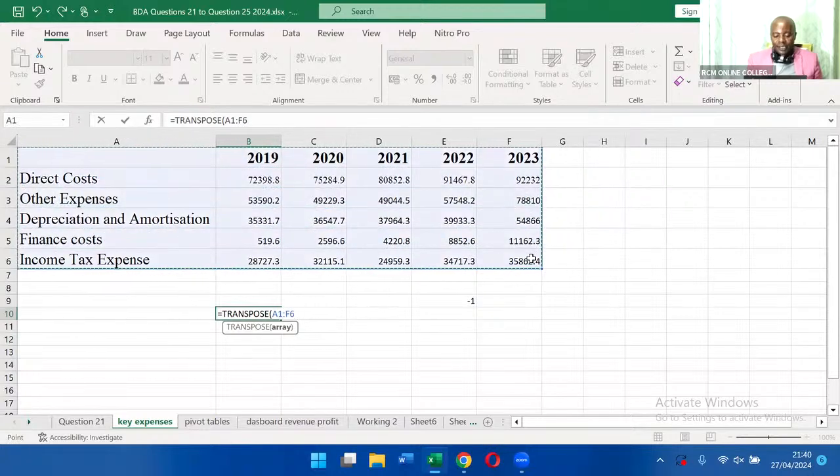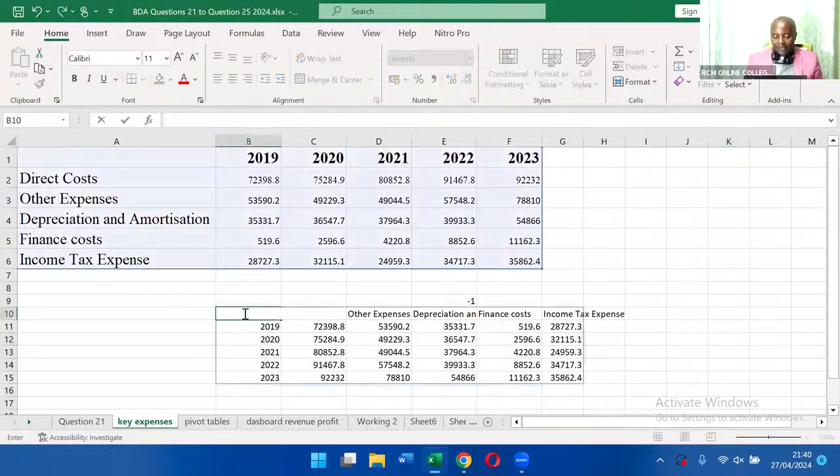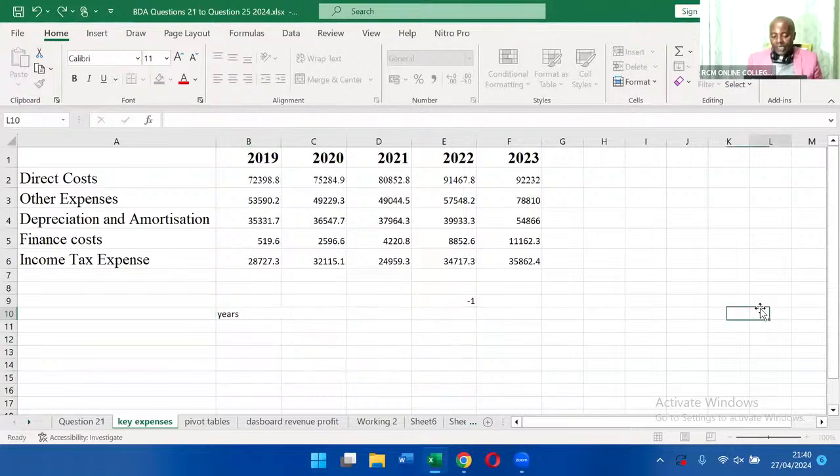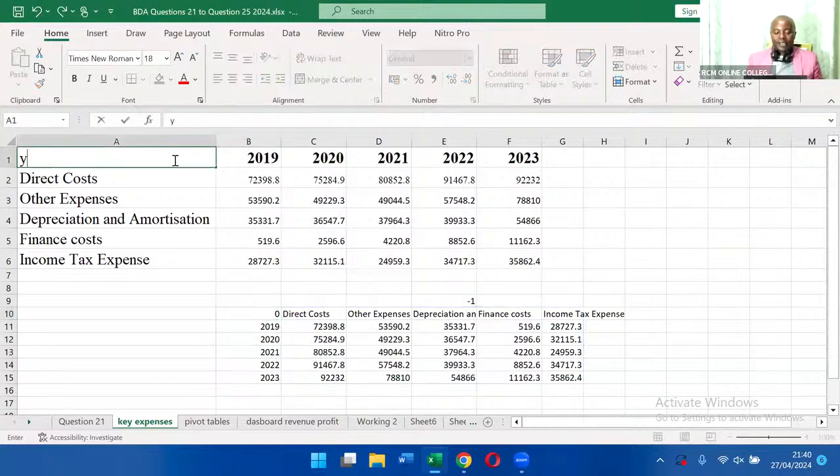All right. Enter. You don't even have to close. So when you are seeing a 0 there, please put the years there, because there must be something. Years, because there are many. All right. So enter, and then you highlight everything. What happened? So it means you must put the years here before you start transposing. Yes. And then, of course, because you used the formula,